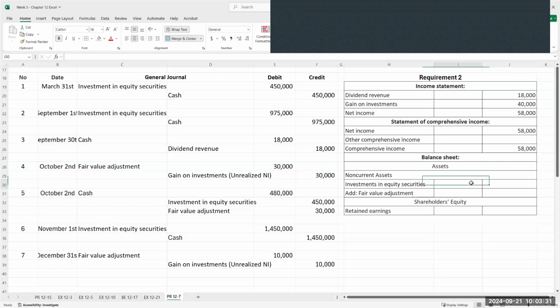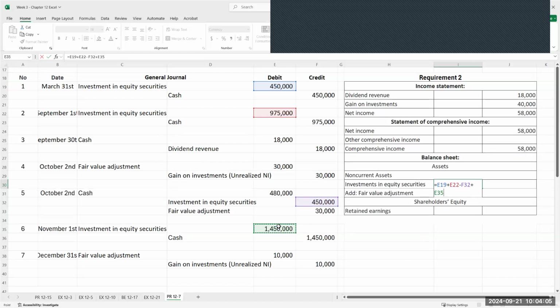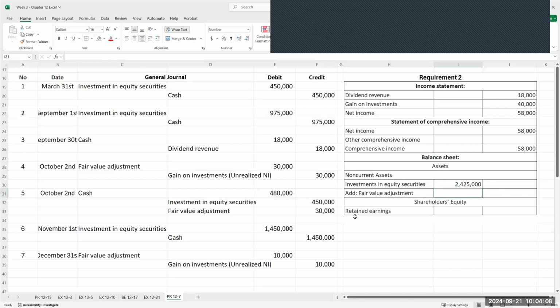So for our assets, we have our non-current assets. We want to determine the value of our investment in equity securities. So in order for us to determine our investment in equity securities, we will account for every increase that has taken place, right? So we consider, we sold that, or we can do it. All right, 450,000 plus 975,000. From there, we subtract the 450,000 and we add the 1,450,000. So that gives us investment in equity securities of